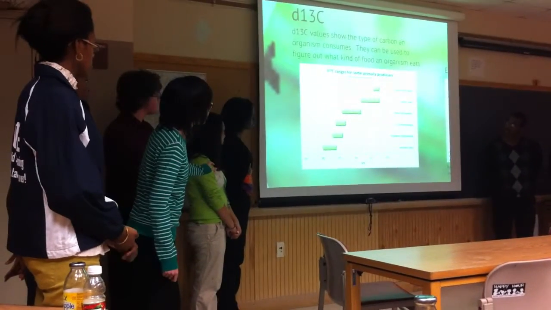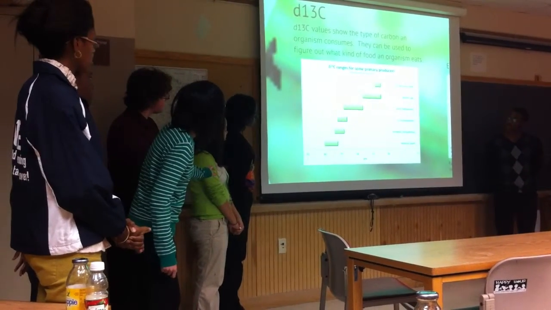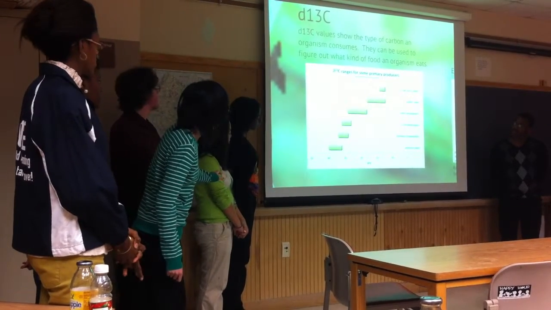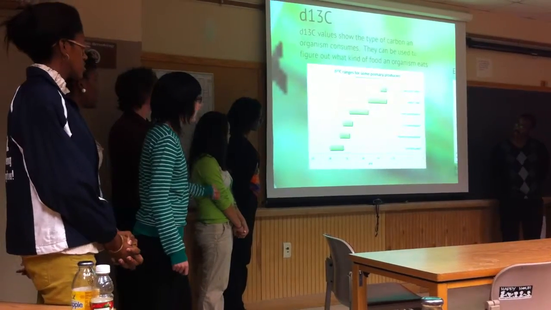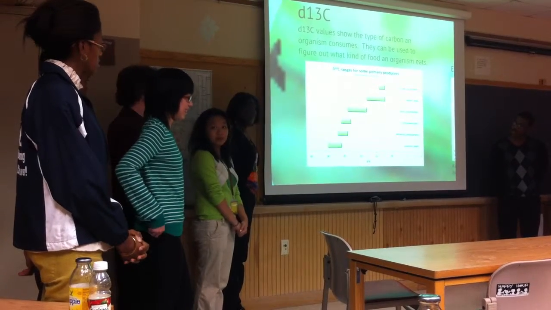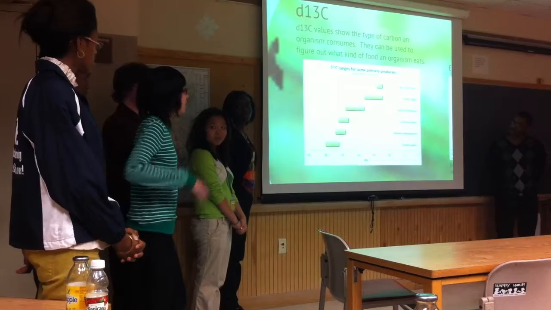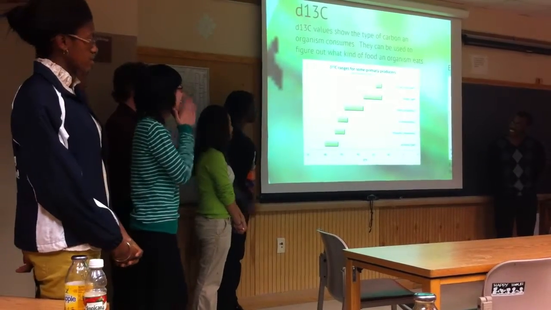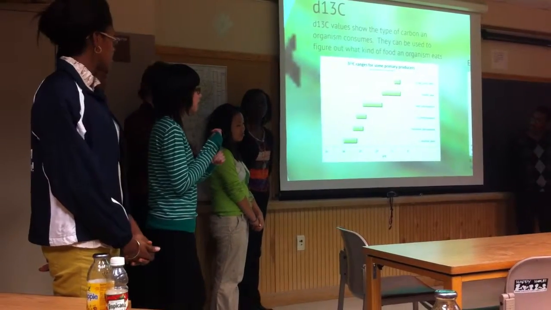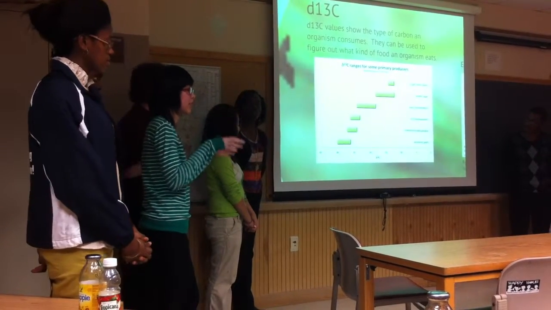The biggest takeaway of this graph is freshwater phytoplankton, which is in the range of -24 and -27, and that indicates that it's very pelagic. And in case you're not familiar with the term pelagic, pelagic organisms feed in the open water of the lake, so in the middle of the lake.